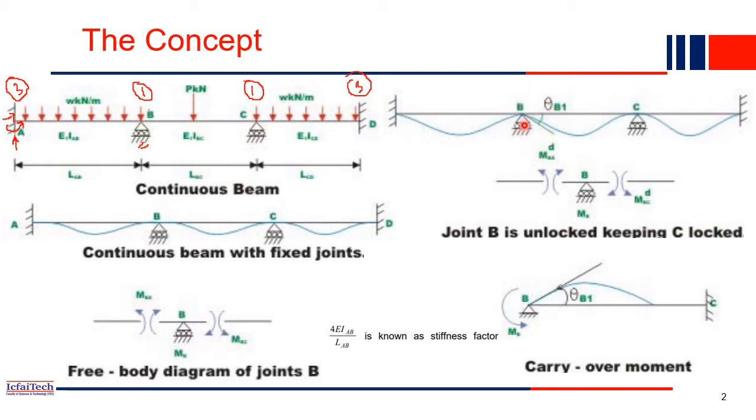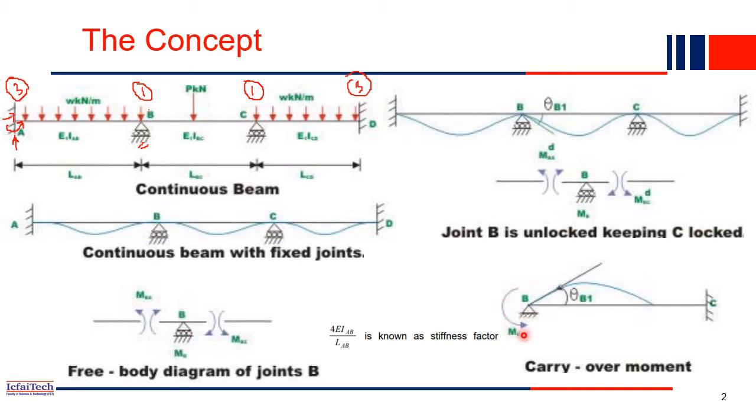We have to balance the moment, because originally at B the moment should be equal to 0, right? This is a roller support. Originally the moment should be equal to 0, but in the first step we additionally added a fixed support at B and C both. So we have to make the moment balance at B. We have to add additional moment at B to make the total moment at the support equal to 0. Then half of this moment will transfer to C and half will come to here. That we call the carryover moment.